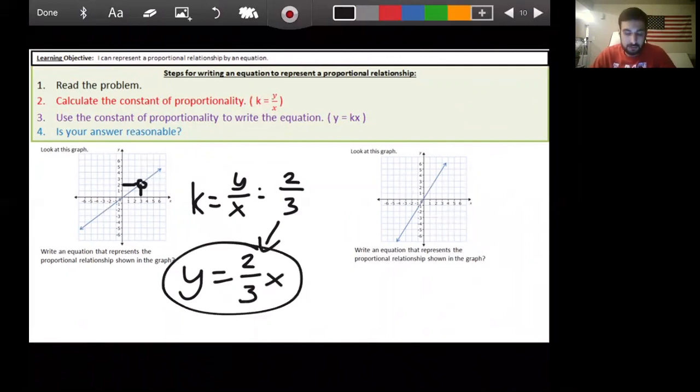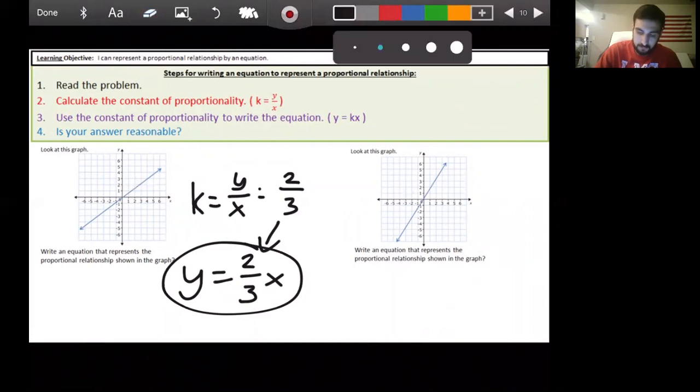So one thing I did here was I made sure the point I picked had values on it. So let me erase this again, that way I can show you one more time. At 1, 1, there's no point. At 2, 1, there's no point. 2, 2, there's no point. But at 3, 2,